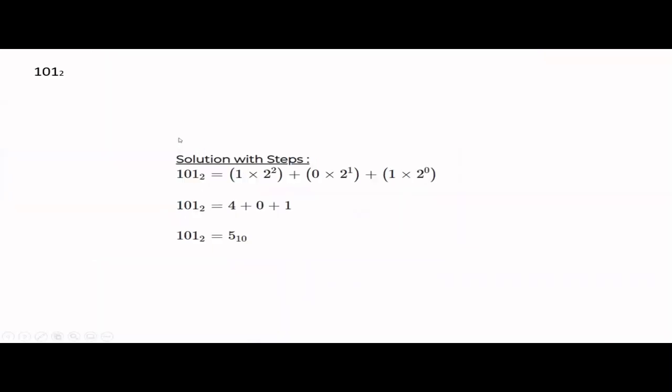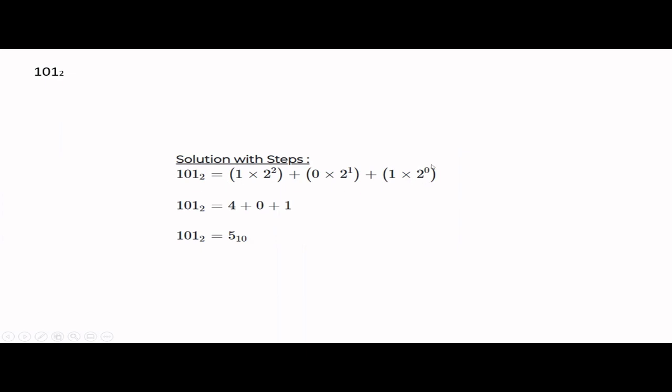Okay, so this is the first one, right? 101. This is a binary number, and you have to convert it to a decimal number. So again, you have to write this number 101 and then write the weighting factors to be